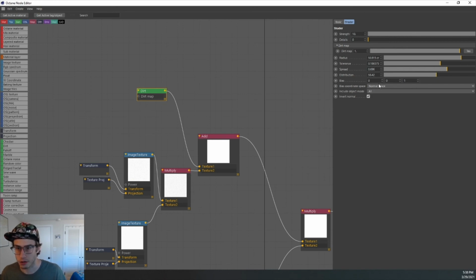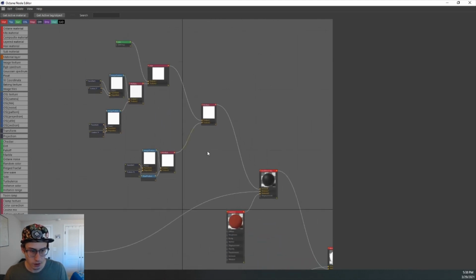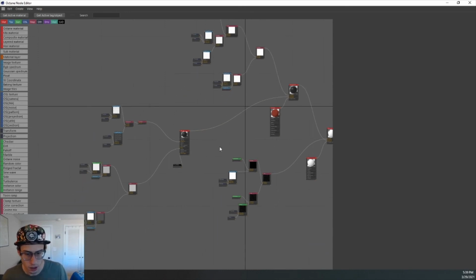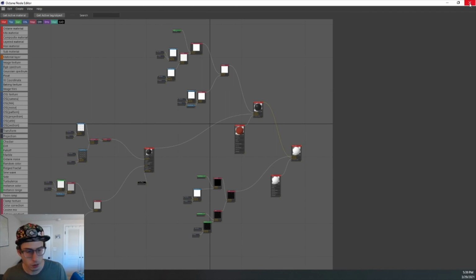And we've got 10 on the strength. I think that was good. And the distribution, I believe I'm going to pull up a little bit as well, just to space everything out because we're working with a bigger surface. So that's kind of the values that I want for this, and a lot of it is just using the live render and messing with those values and getting it to a point that you want it to be. All right, so we can close out of this,